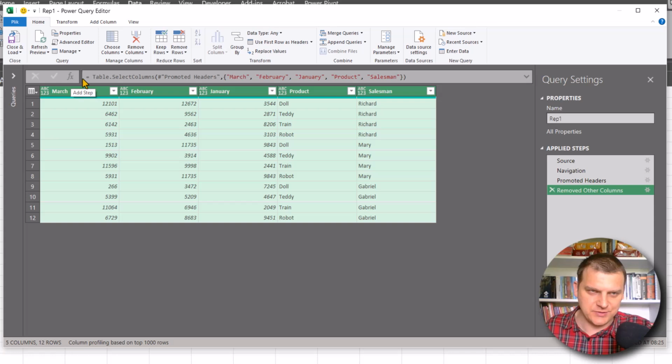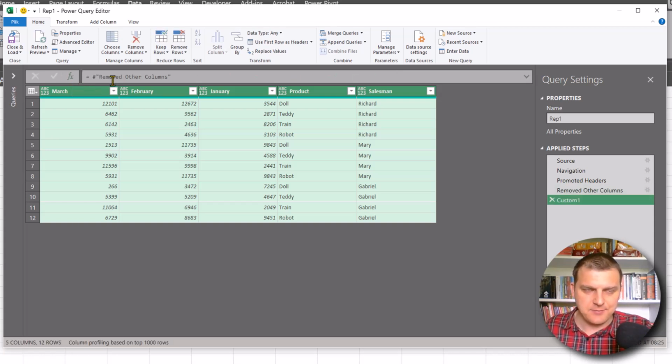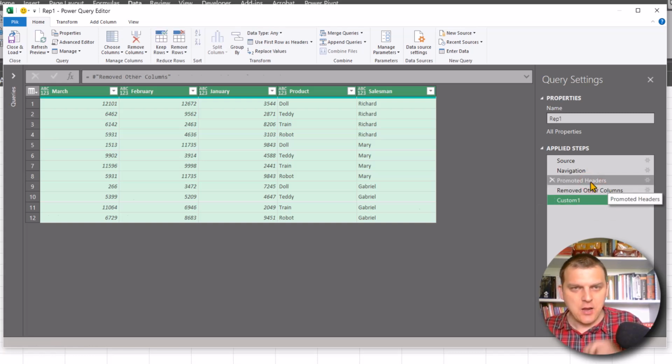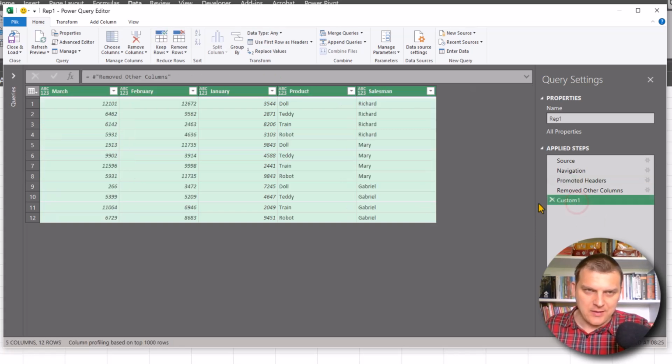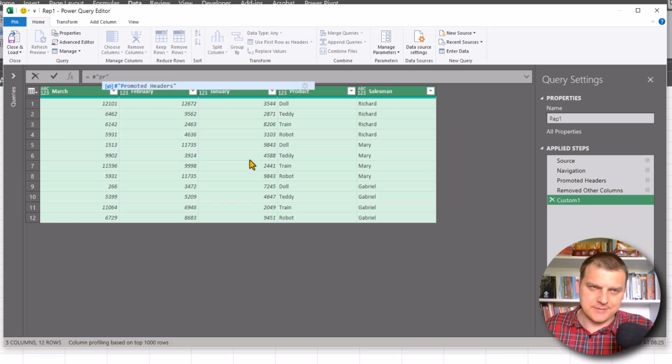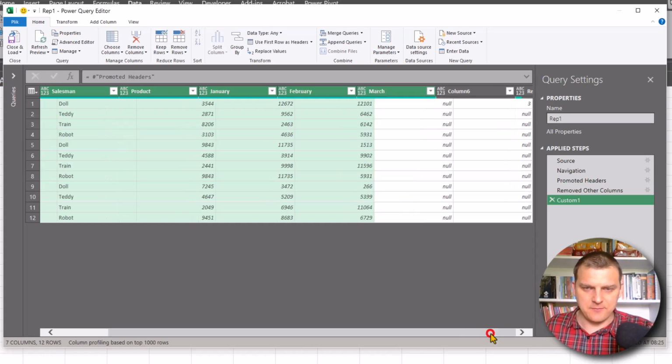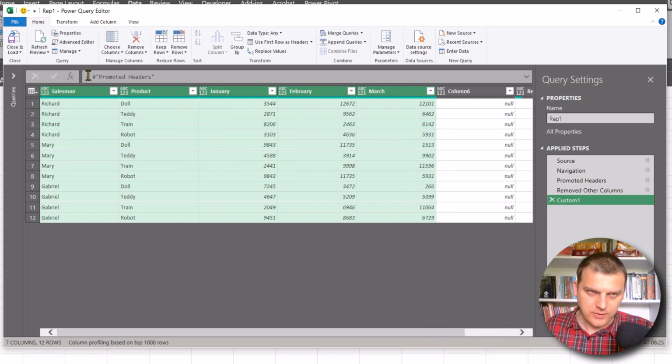the add step option near the formula bar, and this option will add a new step that refers to the previous step automatically. But we don't want to refer to the previous step, we want to refer to the promote headers step, where we have all columns. So instead of remove other columns, we want to refer to the promote headers step, and we can see every column here, and we can now use the